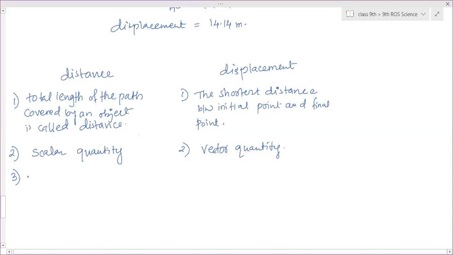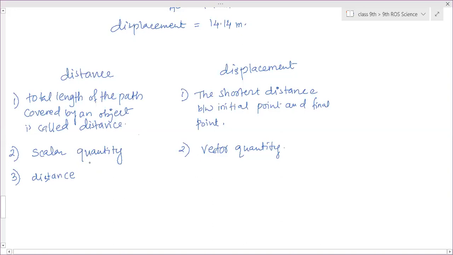Ma'am, can we tell, when we calculate a distance, we keep adding it, hence can we give this point? Yes, Tarun. Ma'am, by knowing distance and time we can find the average speed of an object, but by knowing displacement and time, we cannot find the average speed. No. Sometimes displacement also can be, because sometimes distance and displacement is equal.